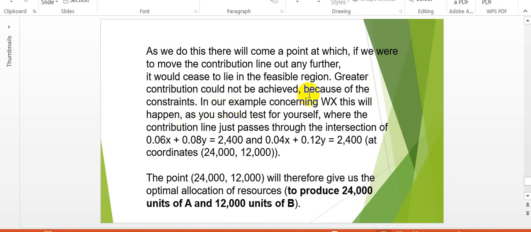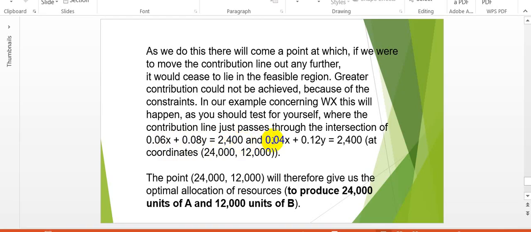So in our example concerning WX, this will happen, as you should test for yourself, where the contribution line just passes through the intersection of 0.06x plus 0.08y is equal to 2400,